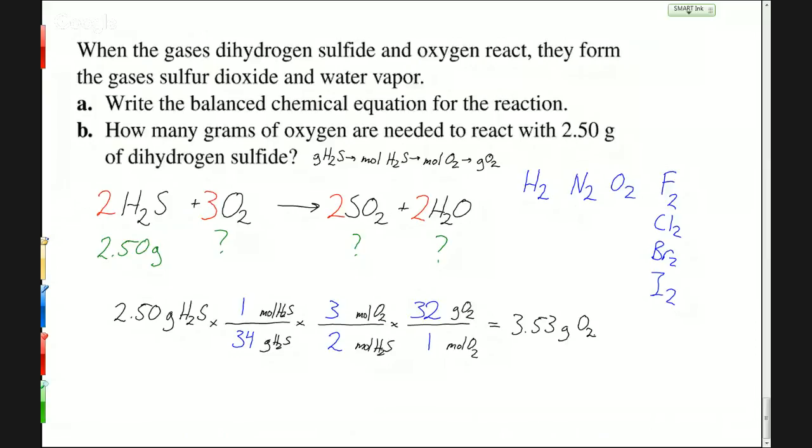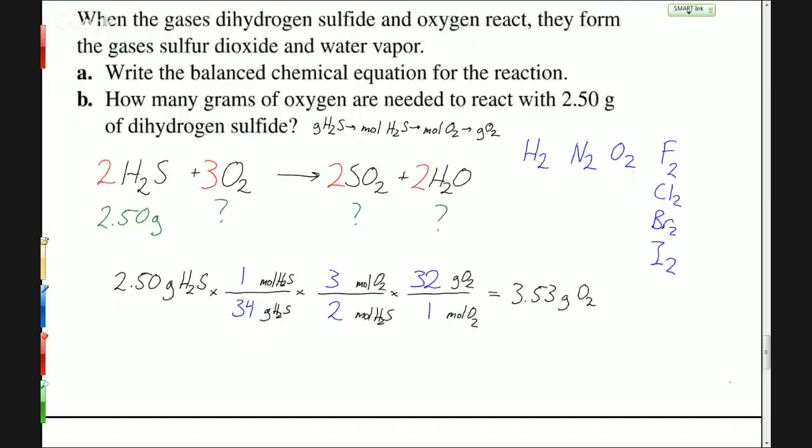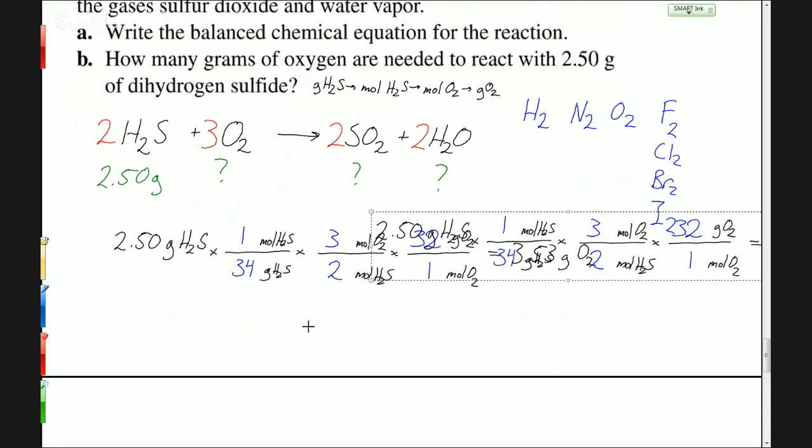Did you get something like that? Close? All right. Let's look at the other two, because that gives us one more important thing, especially for lab next week. So we can just take this exact same equation and change the numbers that we need for each of the other ones. So I'm going to take this whole thing, just copy it, paste it,